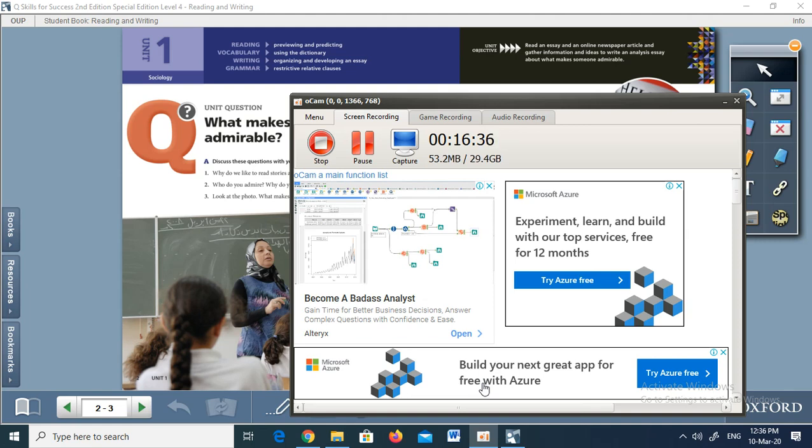I will explain exercise B for you. Exercise B says combine each pair of sentences using a restrictive relative clause with who, that, or which. Use the words in bold to help you. Now you have to remember one key rule. A restrictive relative clause is a clause or word that will help you connect information. You have to remember that it will help you connect information. So if you are using a type of clause and you feel that you haven't connected the information in the right way,